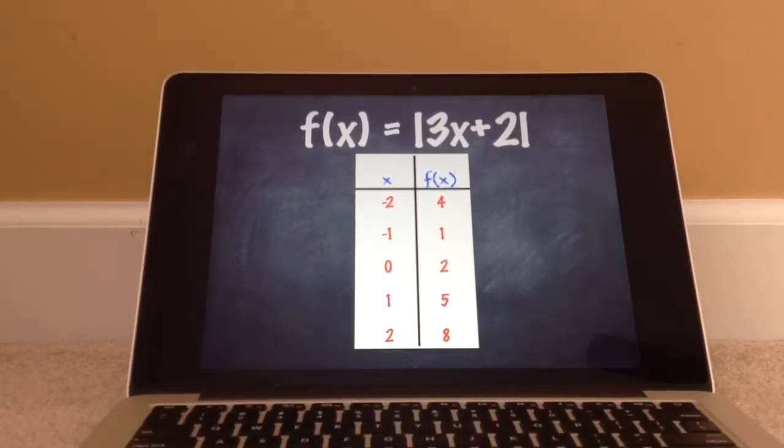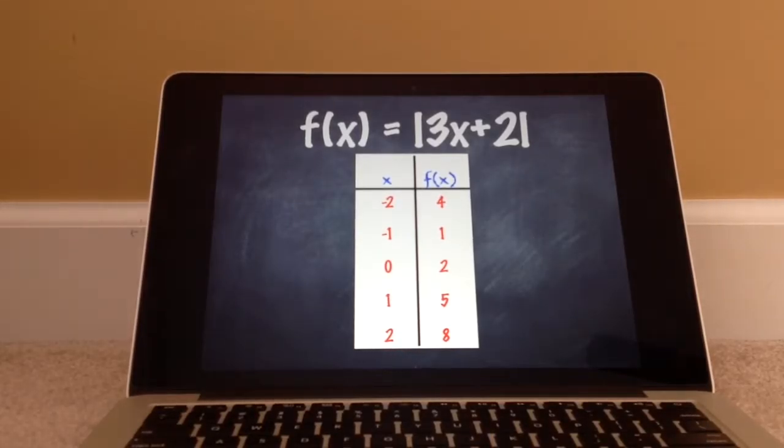So we're going to take our x. For your x, you can use any number, negative or positive. As you can see, the numbers I chose, -2, -1, 0, 1, and 2. I would choose low numbers just so that they're easy to multiply. Then you will plug in -2 to the x spot. So then you get